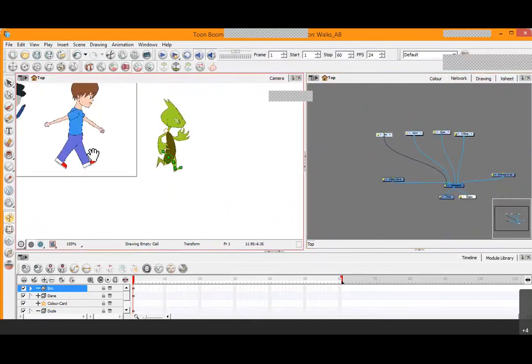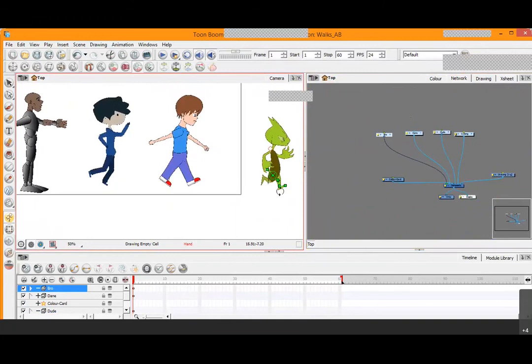But here for the assignment, what you're going to do, you're going to choose one of these characters to do a progressive A to B walk. You choose one of these